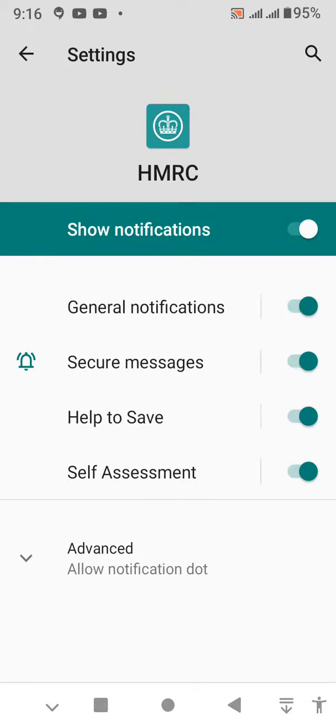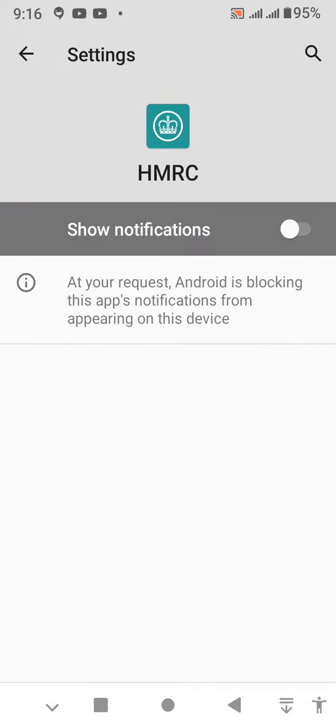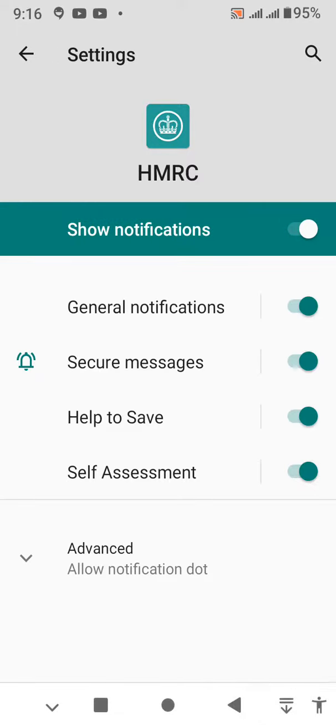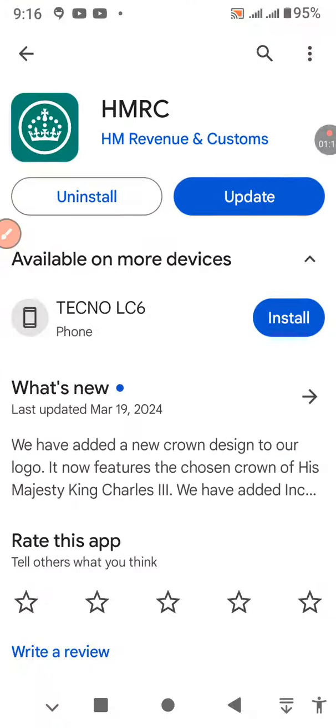Then after doing this, what you have to do is to turn on the show notification when it is off. So you just have to turn it on. After doing this, what you have to do lastly is to go to your Google Play Store, then tap on this update button over here. So after updating your